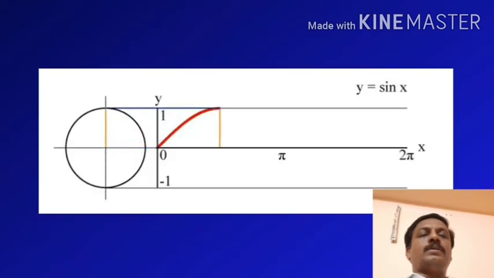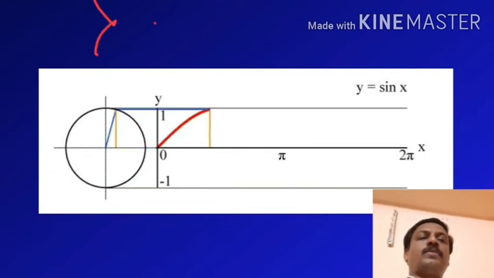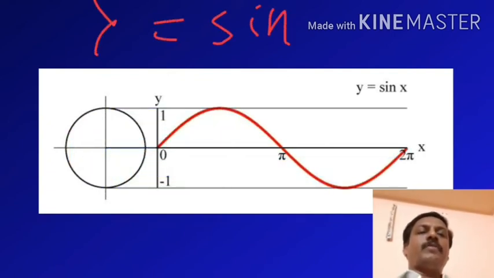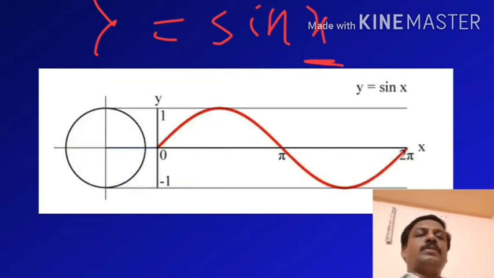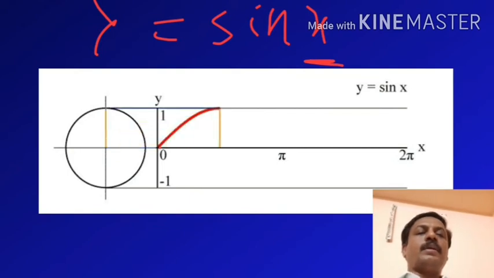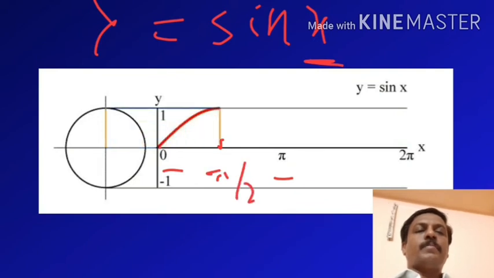So remember all these formulae. See here, this is the graph of the sine function. If you take y is equal to sine x, and give different values to x, first x equal to 0, sine 0 is 0, so we get the graph here, right? And here the angles are given: 0, pi, 2 pi, so in the middle we will get pi by 2. Here pi means 180 degrees, 2 pi means 360 degrees, so pi by 2 is 90 degrees.